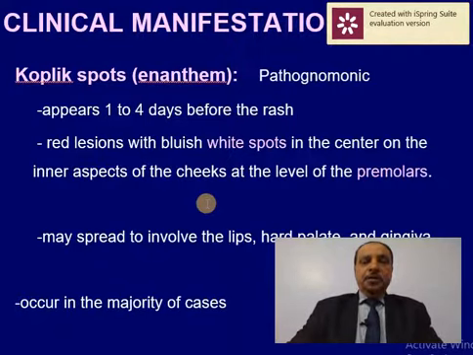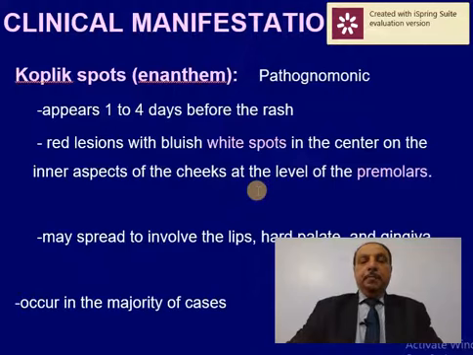What are Koplik spots? There is a red lesion, which is congestion of the mucous membrane, with bluish white spots in the center on the inner aspect of the cheeks at the level of the premolars. So with the tongue depressor, just look at the cheeks from inside, and opposite the premolars, you will find that it is very congested and there are bluish white spots. These are the Koplik spots, which